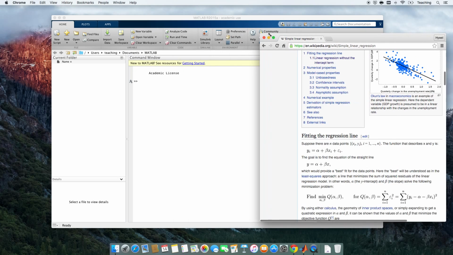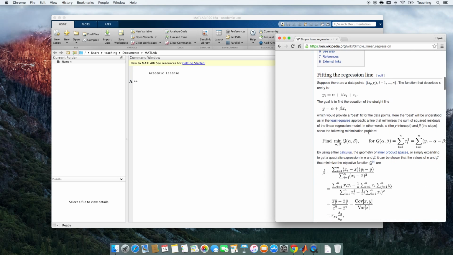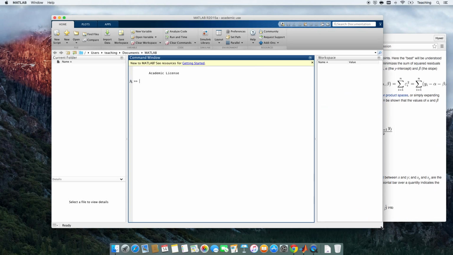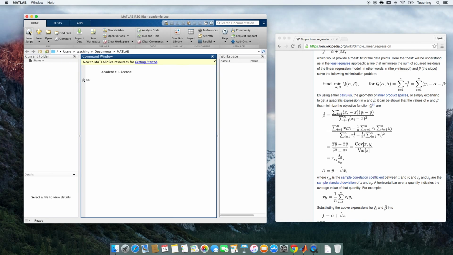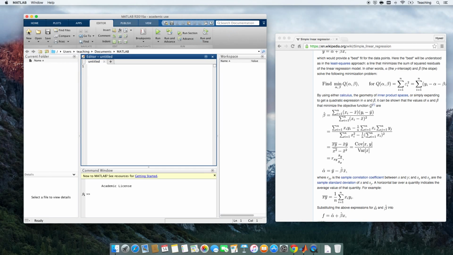I'm going to shrink that window down a little bit over there, and on the left hand side I'm going to create a new script to do my fit. Now, to begin with, I'm going to create some fake data, but of course you can appreciate that this can be changed later to work on any real data I have. So I'm going to create values of x that run from 1 to 20,